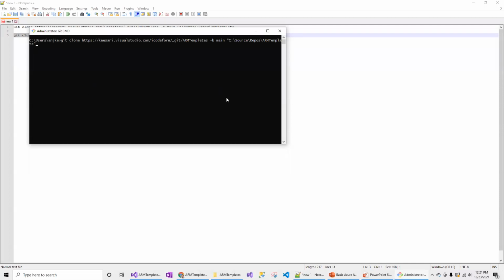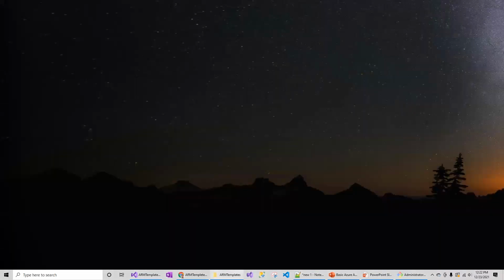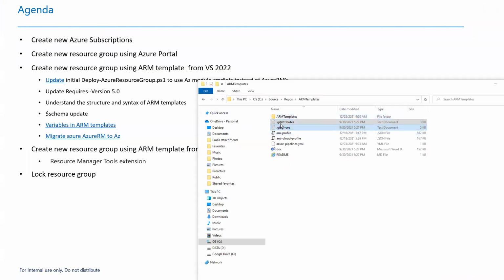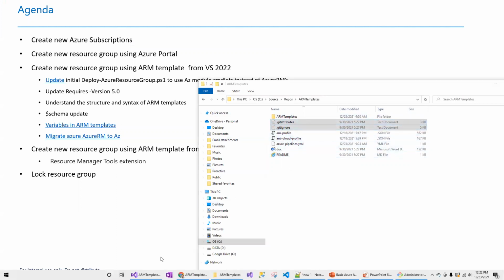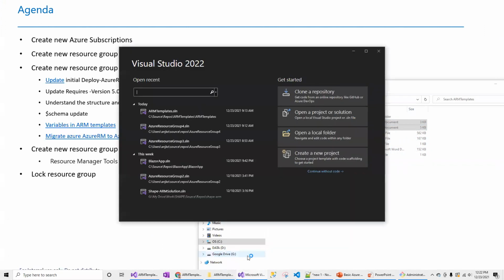Once the code is cloned, you should be able to open it in Visual Studio or Visual Studio Code. After the cloning, you will have empty files. Let's assume that this is empty. What you have to do is use Visual Studio or Visual Studio Code for creating the blank resource group template.